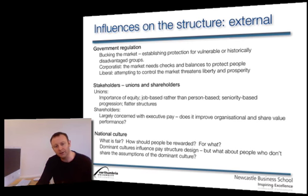Now, organisations might typically and traditionally have responded to fairness perceptions of the dominant culture, but where does that leave people in the organisation who don't share those assumptions about fairness, about how people should be rewarded? How should organisations respond to that? That's a challenge. Some might say that organisations will respond to that through flexible benefit schemes and other kinds of